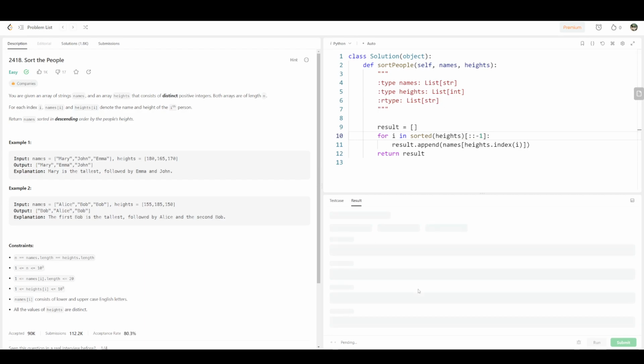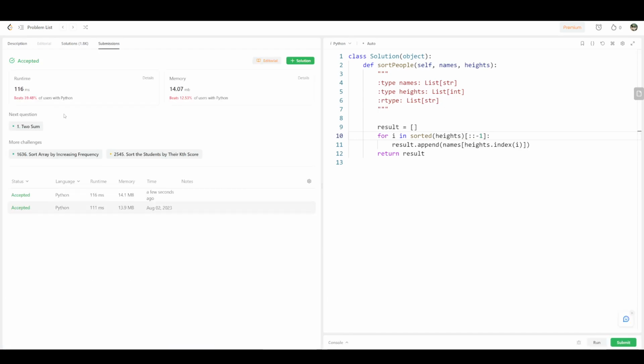So now I run it, and as you can see, it works,